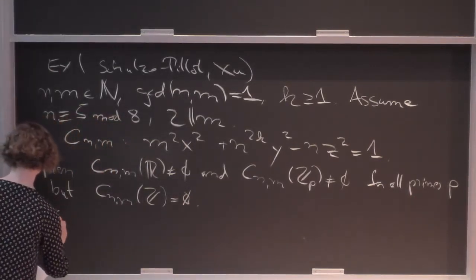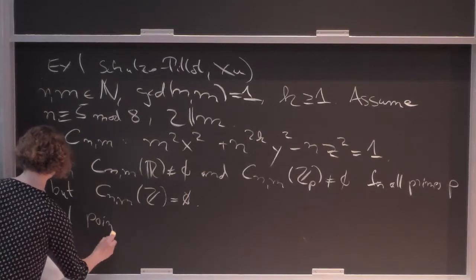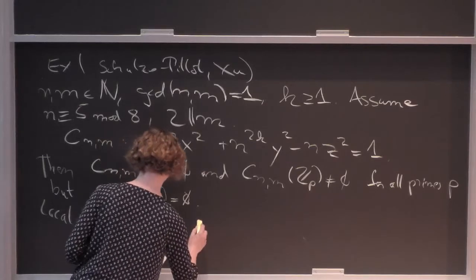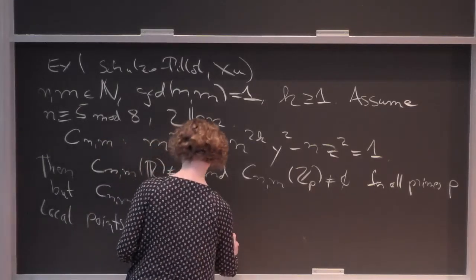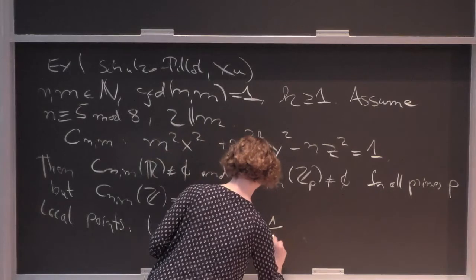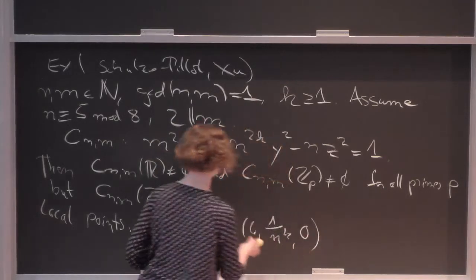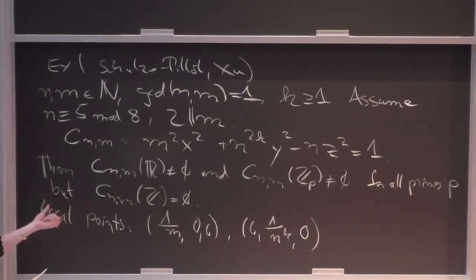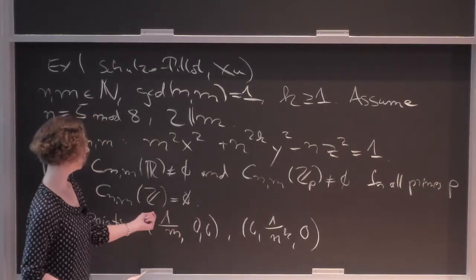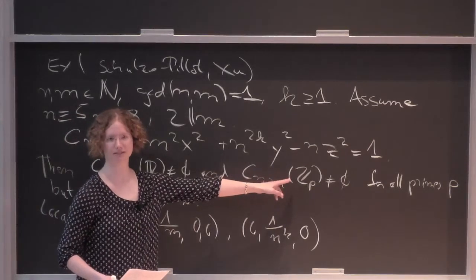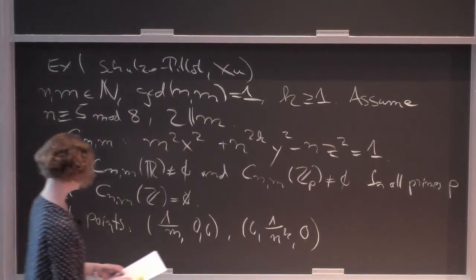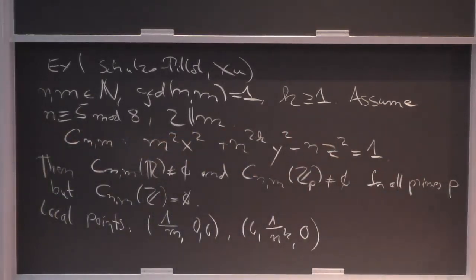It's easy to see that there are local points. For that, you could conveniently look at two rational solutions: (0, 1 divided by n to the k, 0) and the other one. They both clearly satisfy the equation. And since I've assumed n and m to be coprime, one of them is a Z_p point for every prime p. So that gives you very quickly the local solutions in this case. But as stated, there are no global points, and there are different ways to explain that.